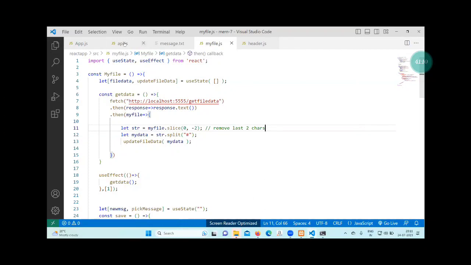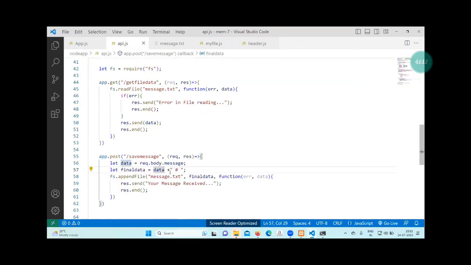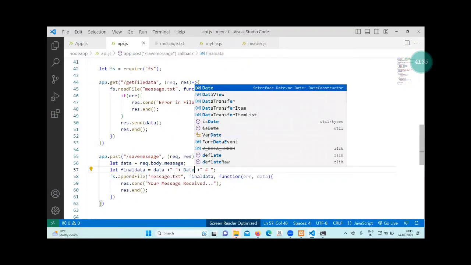Now, while posting the data, before hash, we need to add the post time. So, I'll try here: plus, again plus, 1 plus will be in the beginning. Do one more plus. Inside we'll write minus. Plus, minus is not calculation. Plus means concatenation. Minus means space. Okay. Then again I'll do here plus and I'll write date dot to